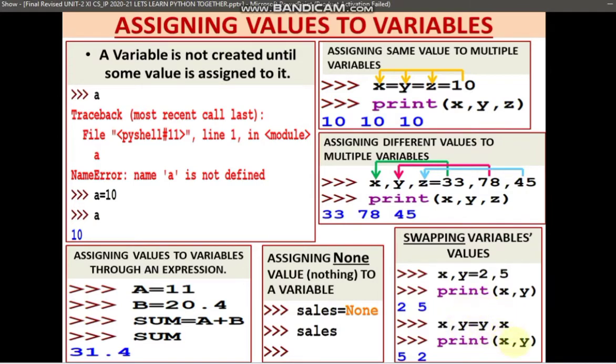So now if we print x, y, we will get 5, 2. That means the values are swapped. I hope you have understood this assigning values to variables. Let us see the practical on this part of assigning values to variables one by one.